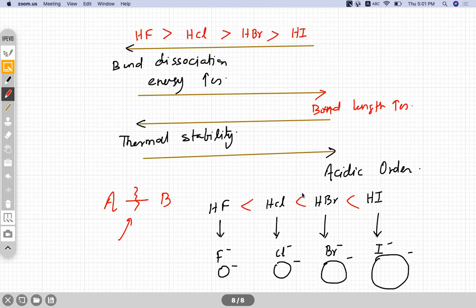So these are the few properties of hydrogen we have. Now we'll see different compounds of hydrogen. Mainly three things we have to discuss here: hydrides, water, and hydrogen peroxide. That is it. Okay. So write down the compounds of hydrogen.